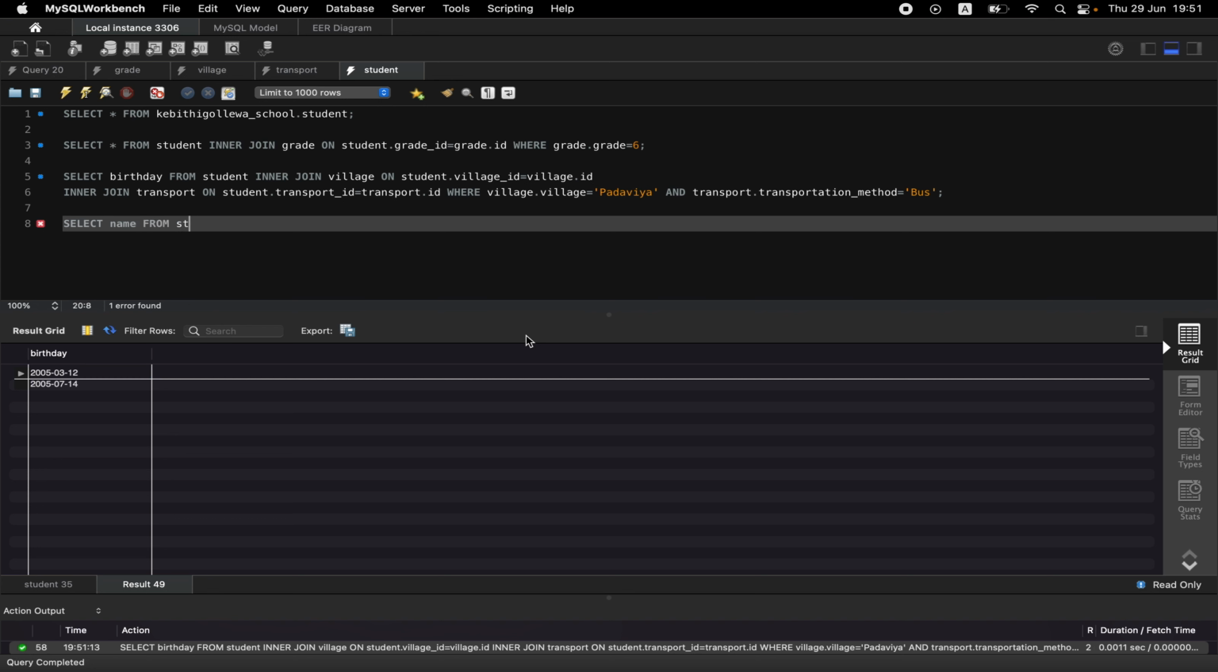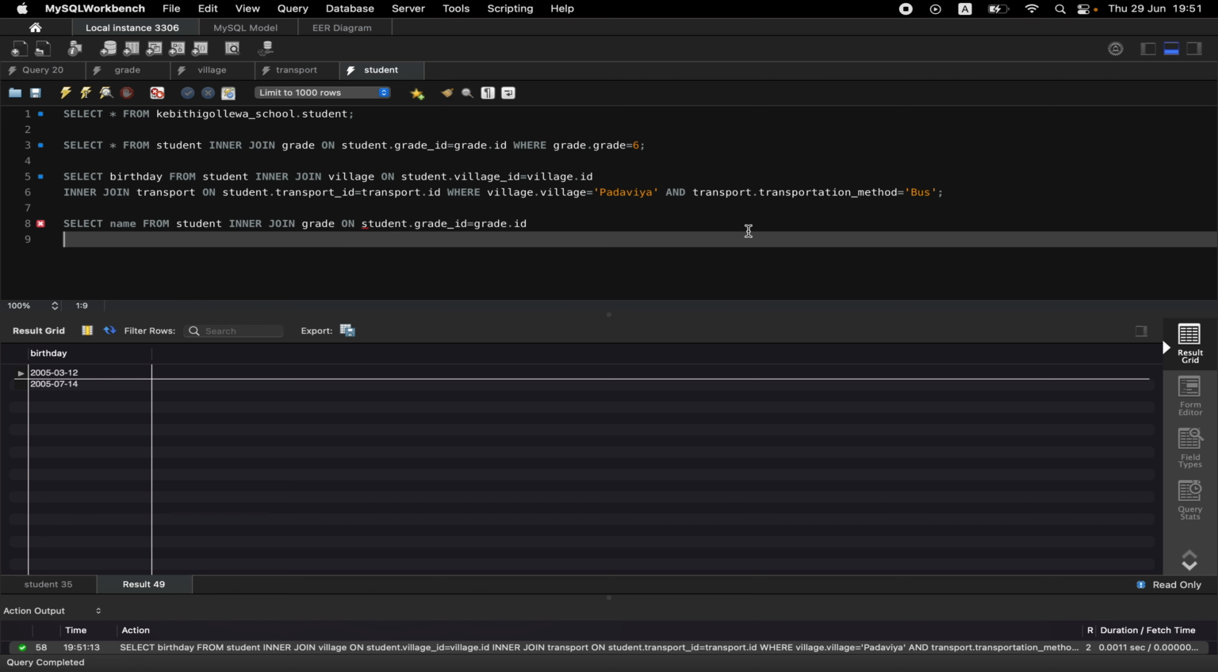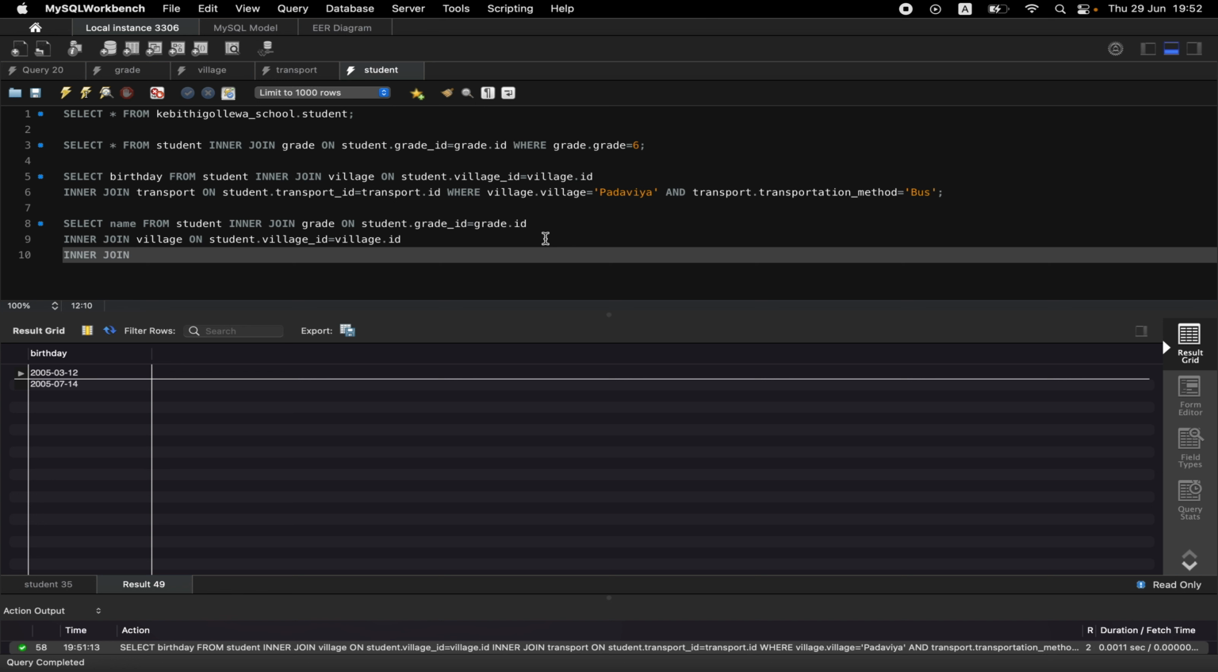Third instruction: select name from student, inner join, starting with the grade table, grade on student dot grade underscore id equals grade dot id, inner join village on student dot village underscore id equals village dot id, inner join transport on student dot transport underscore id equals transport dot id where